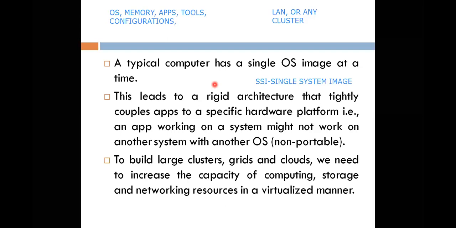So if you are providing systems to be connected, if a group or bunch of people are connected to perform a work, they are trying to say that we need to maintain a single operating system image, which is difficult to maintain, because of all the things you have, all may have or may not have. I gave some examples also. All may not have the properties which are common with the others. So what we need to do here is maintain a single operating system image, or the SSI. I hope you are clear with this point, what the SSI is.